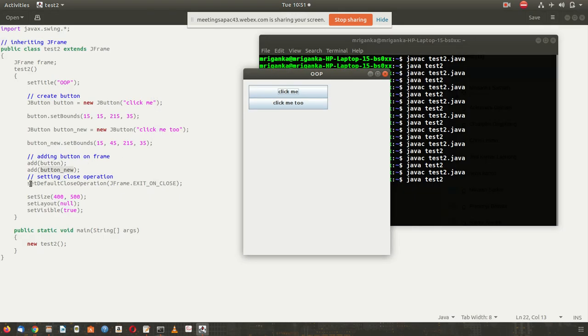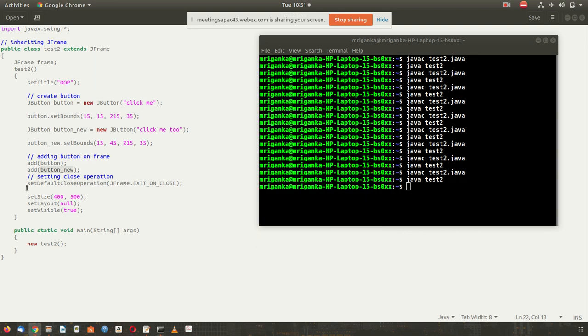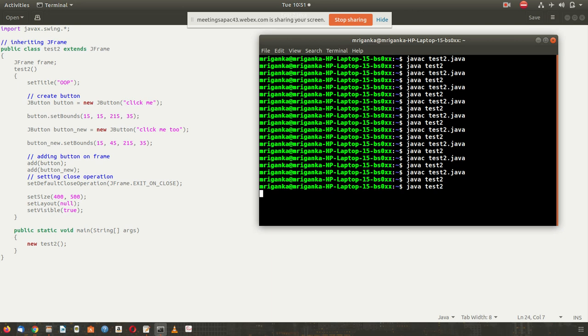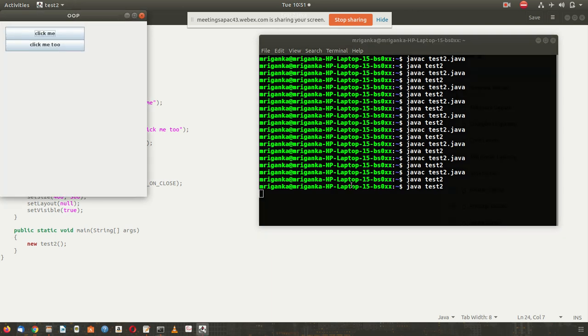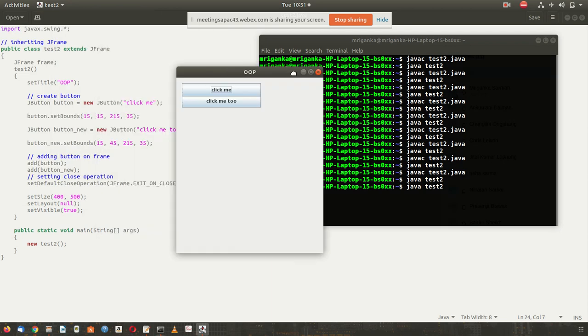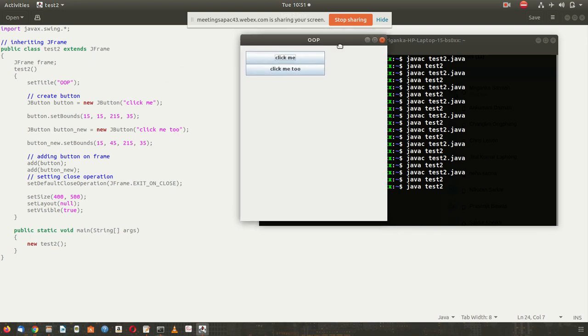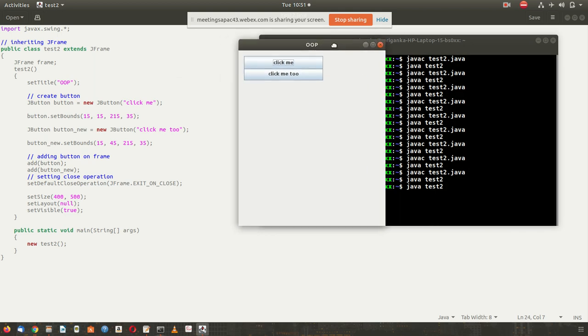After adding, there is another command, set default close operation. If you remove this command, then the minimize, maximize, and close options will not be available for this particular frame. You will not be able to close, minimize or maximize.